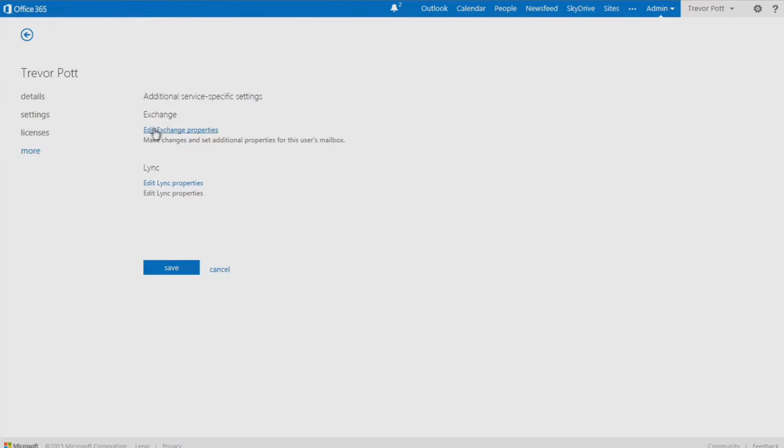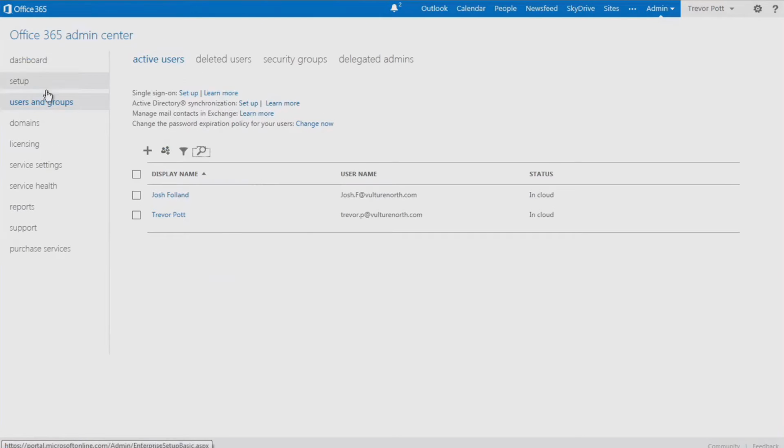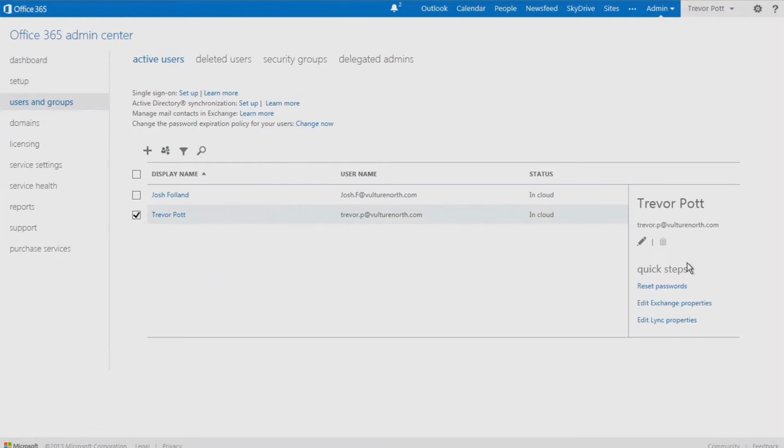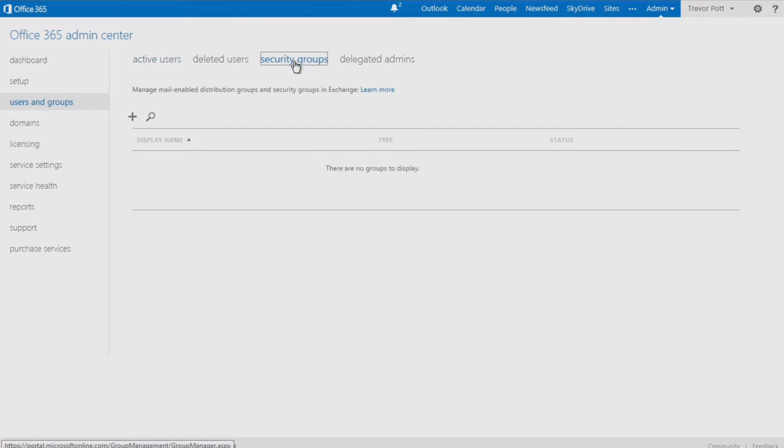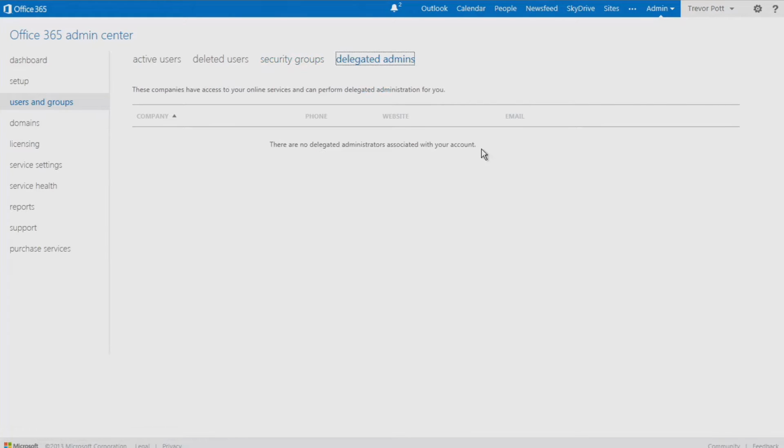for the individual user. Going back to the Office 365 Admin Center, those same Link and Exchange properties can be accessed directly from here, simply by ticking the checkbox for the individual user. Under Security Groups, if you have any mail-enabled distribution groups or security groups, this would be where you would do your administration. Delegated admins are the administrators from other companies that can come in and administer your setup, typically used